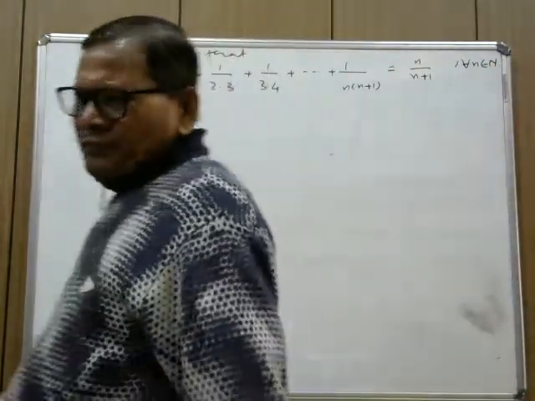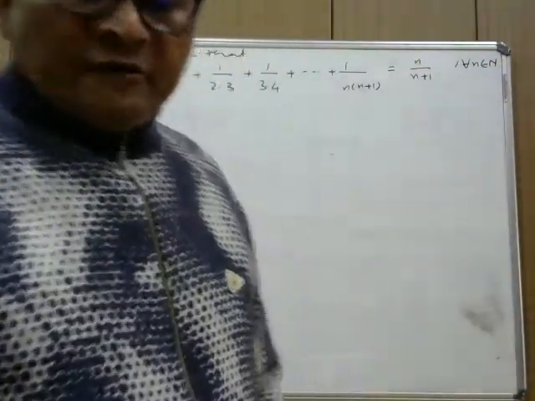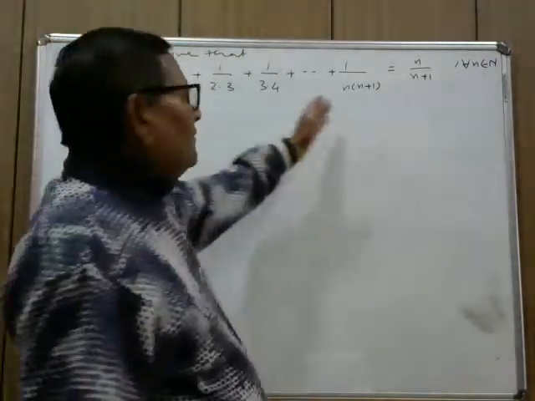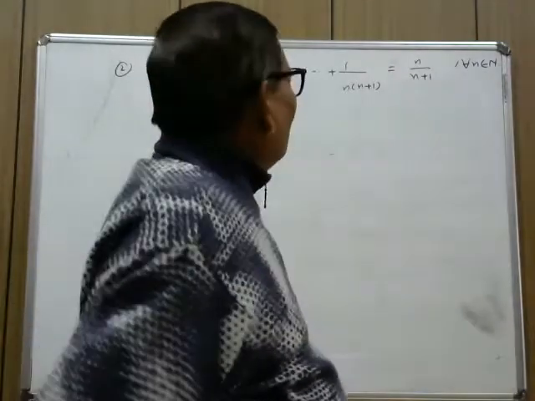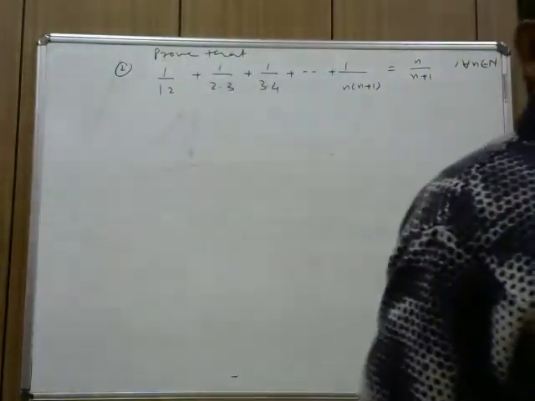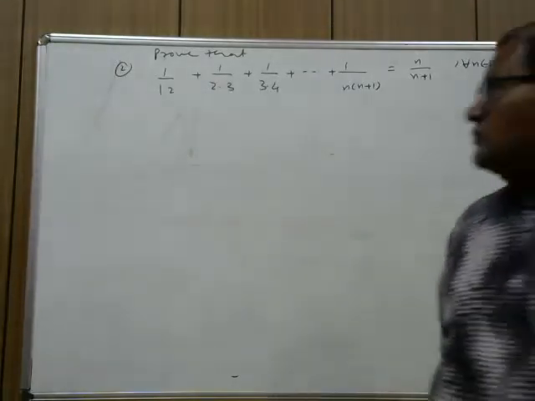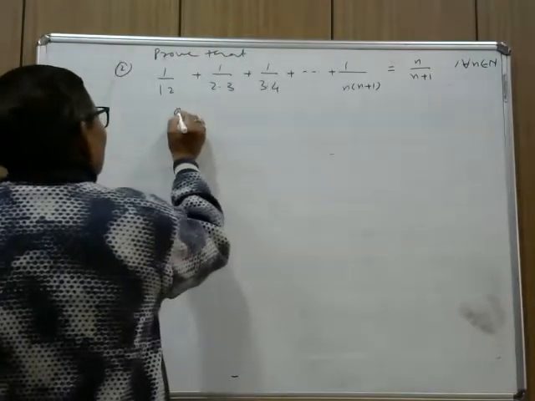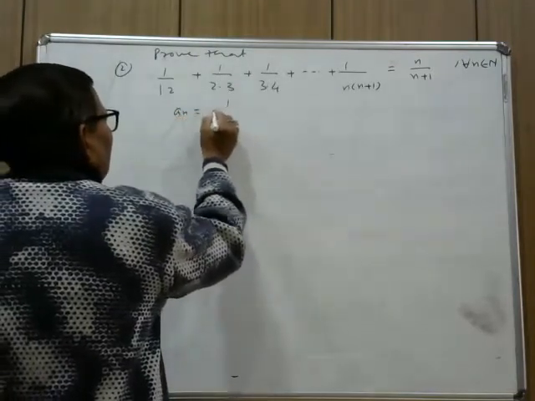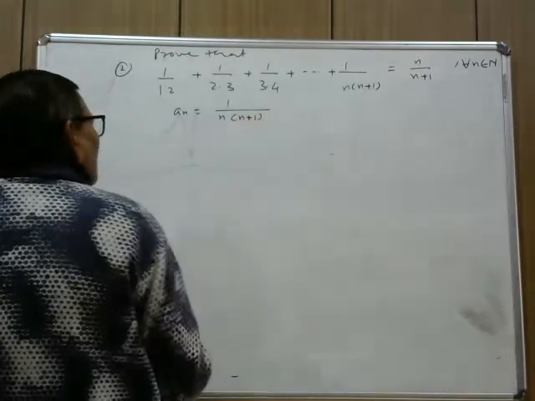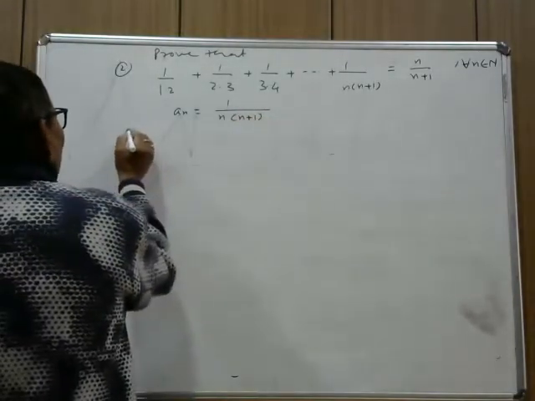We have to prove this statement is true for all the natural numbers. Sum of n terms of this kind of series equal to n upon n plus 1. We are going to prove this sum is true for all the natural number n. Here you observe the nth term of this series is 1 upon n into n plus 1. So